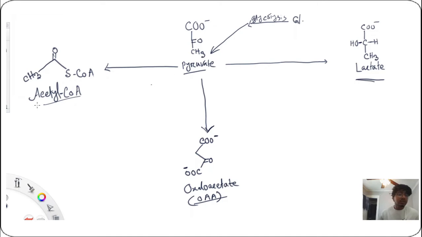Acetyl-CoA and oxaloacetate are both part of the citric acid cycle. Lactate is produced when you are doing physical exercise or you have insufficient oxygen, then your body will convert pyruvate to lactate. To do that, we need lactate dehydrogenase,